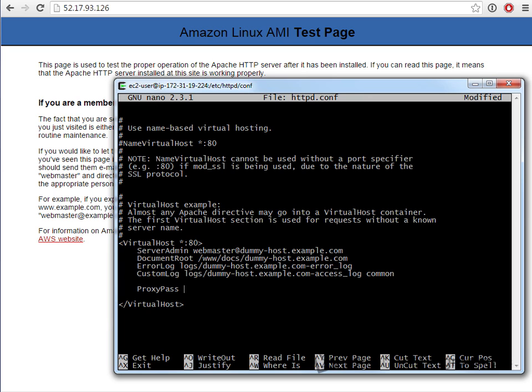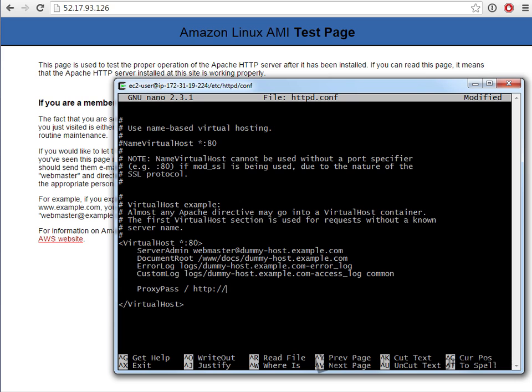And what I'm saying is that all requests beginning with /, in other words that means every single URL entered on this domain, I would like Apache to pass it across to my Tomcat server instead. So after that /, I specify the IP address of the Tomcat server. Well, that's really easy because remember, I am on the server here. So it's going to be